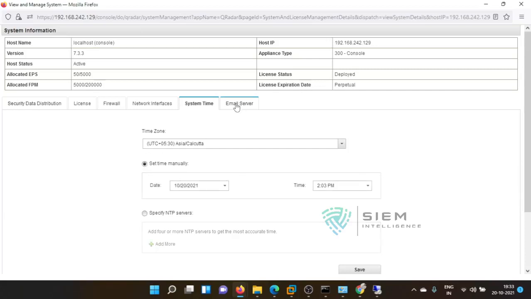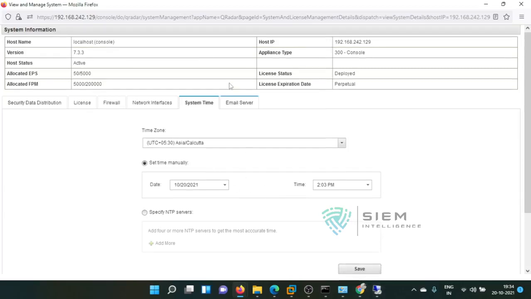You can also configure SMTP. As I said, if you want to send any mail, for the automatic report sending and automatic sending of health reports and all, you need to configure mail services also. So let's save, then I should go to